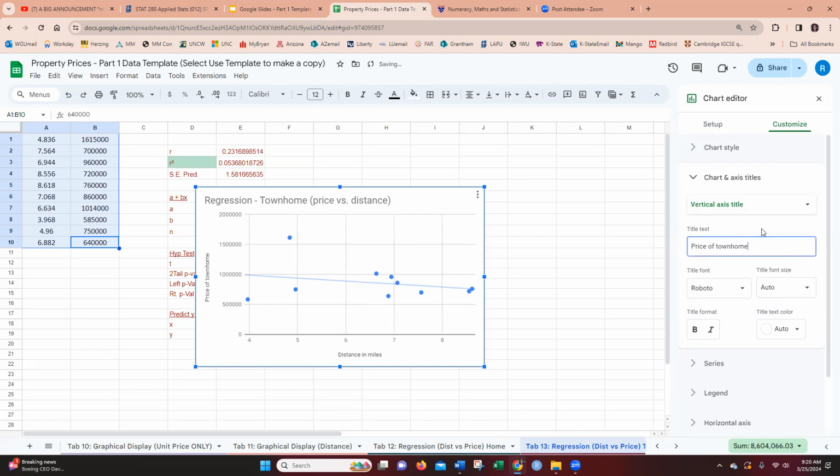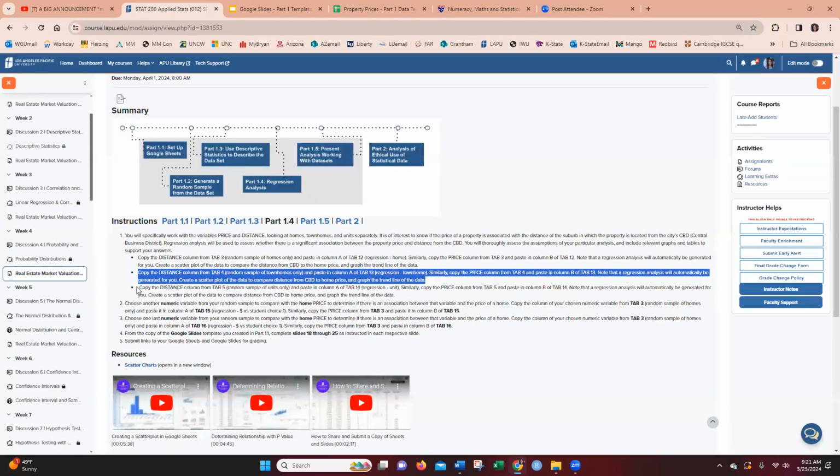And then you would have a very, very easy to read and understand graph. And you understand that we have a very weak positive linear relationship. So as the distance goes further away from the central business district, those prices are going to change accordingly. And so we can go back here and do the last part of the assignment, which is